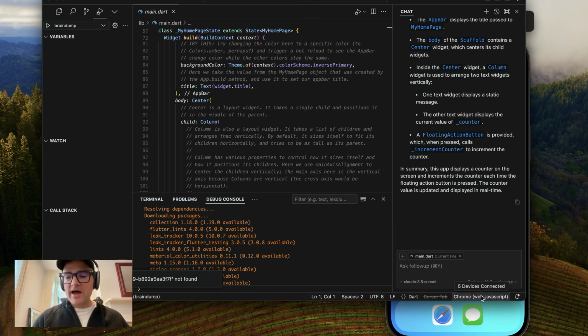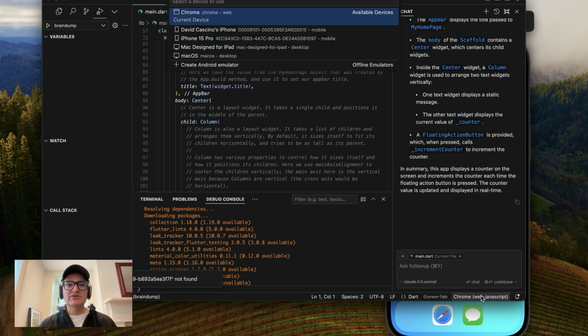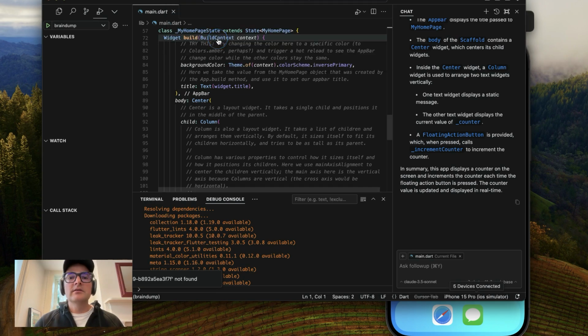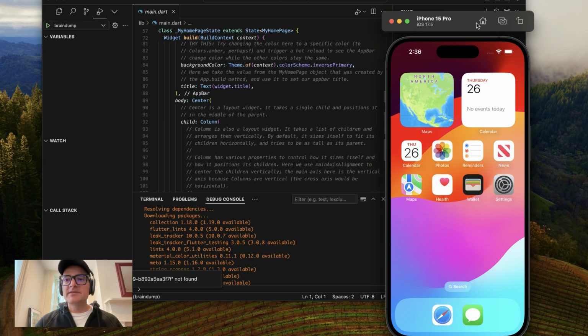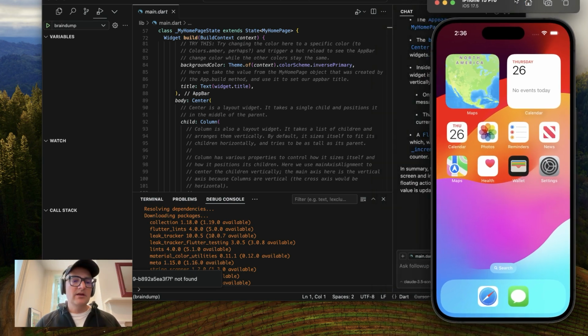And if you look down here in the bottom right, these are all the different devices you can deploy it to. So we just saw it launch on a web page, but I have an iPhone simulator up right now. And it's this iPhone 15 Pro. Okay, that's this simulator right here. And this comes with Xcode. If you download Xcode, it comes with the simulator. You're going to need Xcode anyway if you're developing for iOS, for iPhones, because you need it to deploy to the App Store and things like that. So you definitely want to get Xcode.